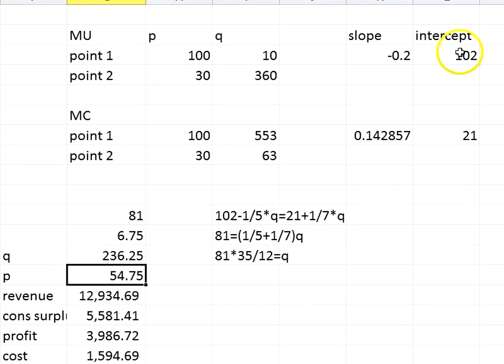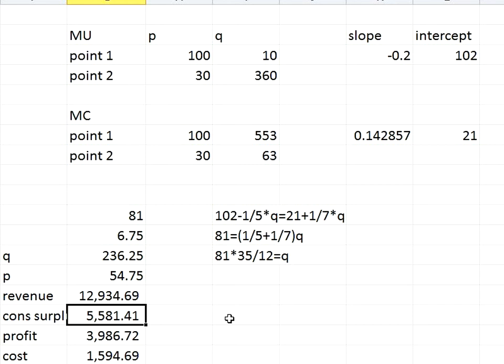If the intercept is 102 for that line and the price is 54.75, we subtract 54.75 from 102, and that gives us the height of that triangle. We multiply that times the base, which is the number of units, 236, and in a triangle we need to divide by 2. When you compute the number, you obtain